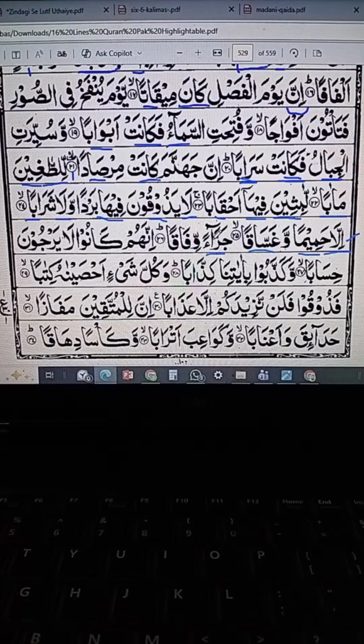Again, as we see, the alif madda is here as in the previous ayah. We have read it, and alif has mad also. We have to stretch it equal to 3 or 4 alif, and we have to do ghunna in the next one. And again, the alif madda is here. A lot of people don't try to get knowledge of why we stretch the words, why we need to stretch the words, why we should not stretch the words. There should be a reason for stretching any word. If there is no reason, we will not stretch any word. So we have to try again. Jaza'an wifaqa.